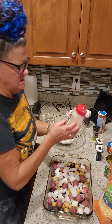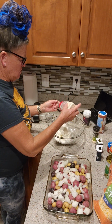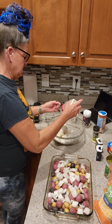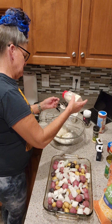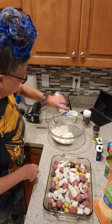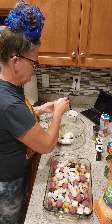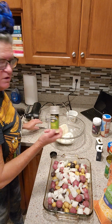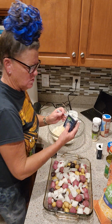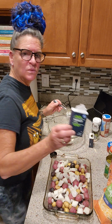Need my ranch seasoning. I need 4 tablespoons ranch seasoning. 1, 2, 3. Get out of there. 4. Shaker salt. Shaker black pepper. Yep, there we go. 1 teaspoon of garlic powder, 1 teaspoon of thyme, 1 teaspoon of parsley,